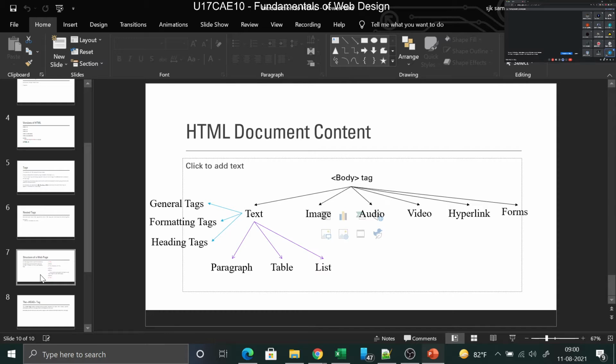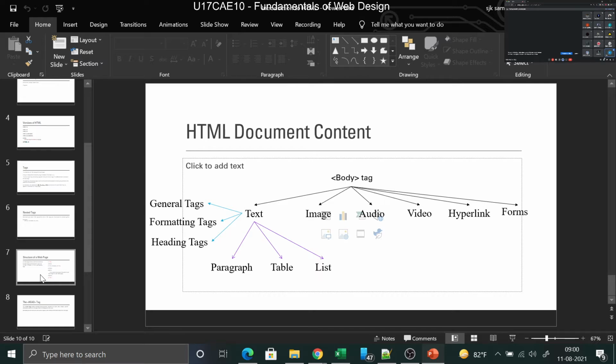Unfortunately the head is not closed here. This is a header section where you'll have the title tag, the definition, everything. Then you have the body tag where you'll be having all the document tags, which is shown over the last slide.